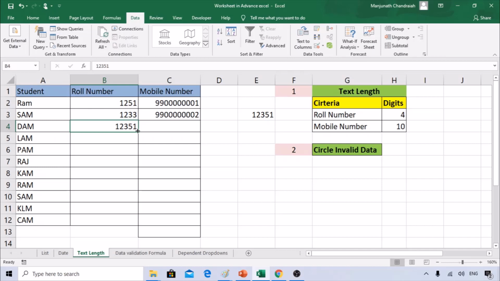So in that case, say you have only 10 digits now. Maybe you have 500 people's data you're consolidating, and you're not sure whether people typed it or copied it from another sheet. To check whether they updated it correctly or not, you can select this range. Say I select this range. There's one more option called circle invalid data.